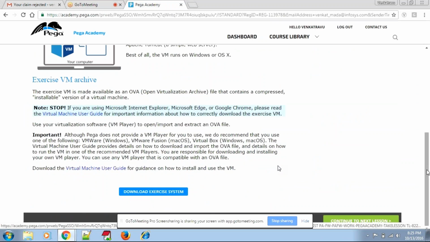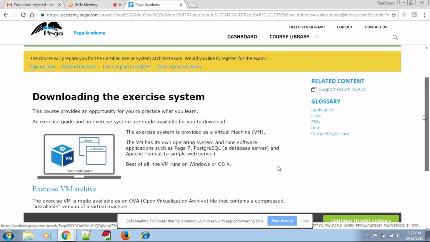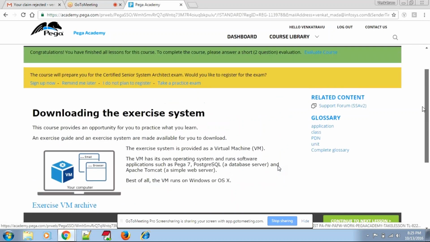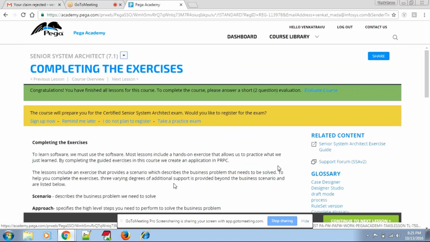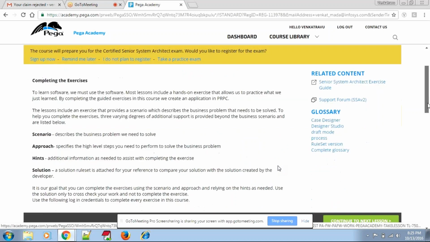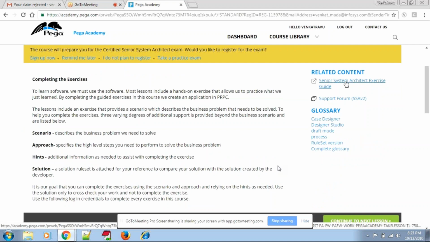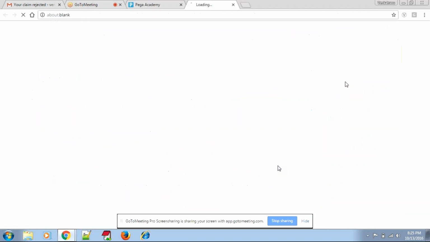Go to the top, support forum application, complete glossary. Go to the next chapter, next lesson. Yeah, the exercise guide, this one. Student guide, click on that.